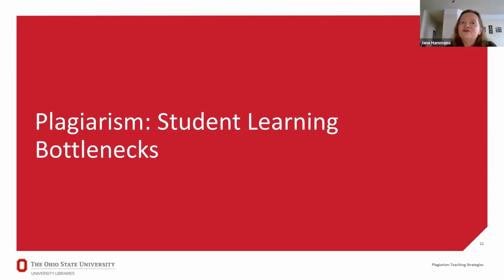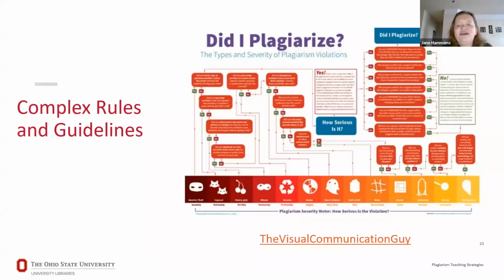So I think it's even more understandable that more novice learners who are put in this situation, where there are a lot of very complicated rules, might have a lot of anxiety and concern about this and might be confused. So I'll just highlight a few. And as I mentioned already, when we think about this topic, it's not always easy to determine. There are a lot of different definitions of plagiarism out there. There are a lot of different examples of plagiarism out there.